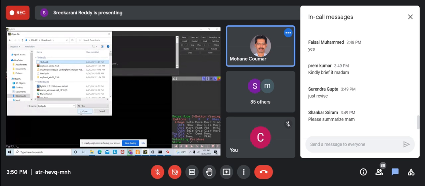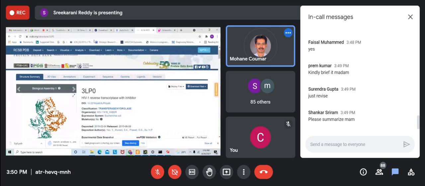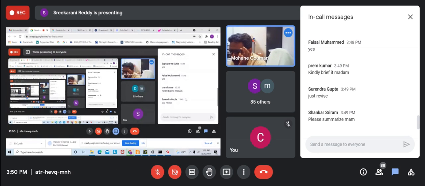1 minute, Sri. Someone is asking to summarize. Means summarize what? Kindly brief it, madam. Just revise. Surendra Gupta. So can you tell what you are asking to revise the PDB structure or what? Can you tell? You can see some comments. Yeah.